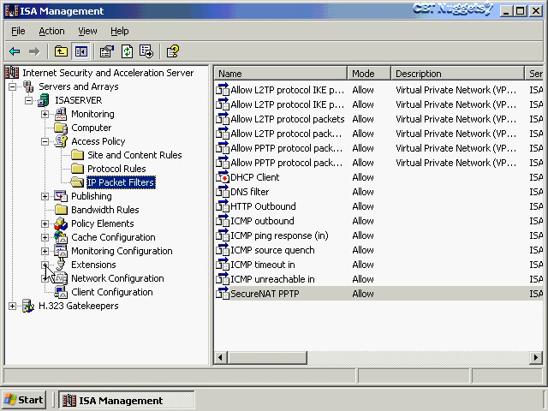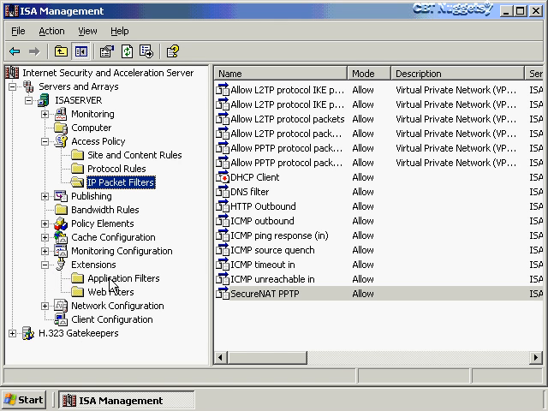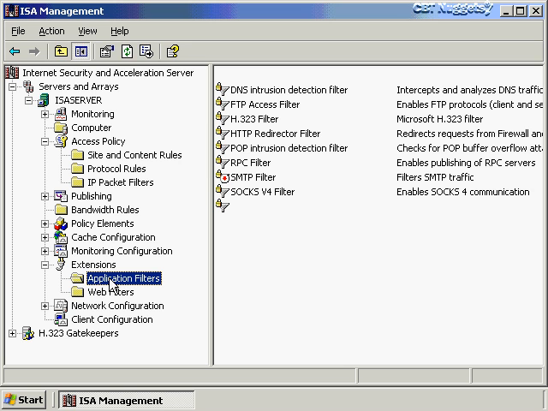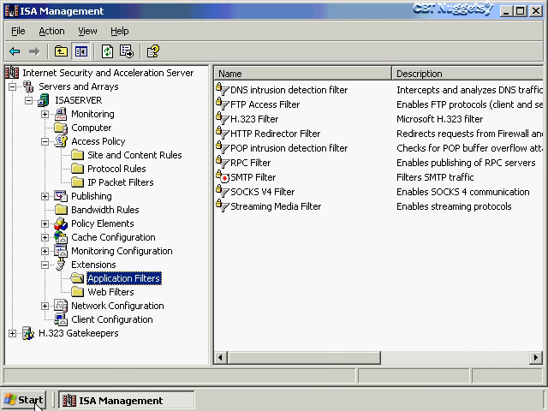These filters are powerful because they look beyond port numbers. They actually tap right into the application layer data and allow your ISA server to do a variety of things. Furthermore, they're very expandable. Matter of fact, let's make some good use of that web filter that we just created. And I'm going to take you to